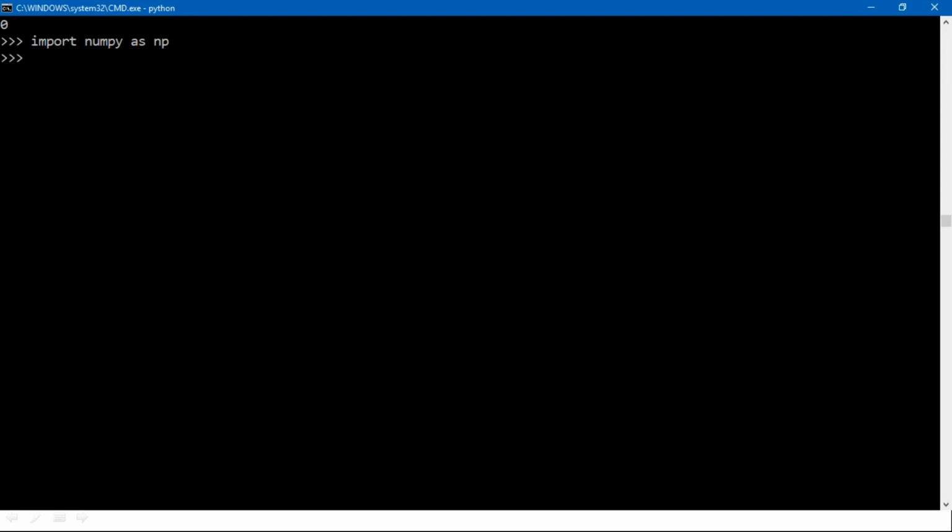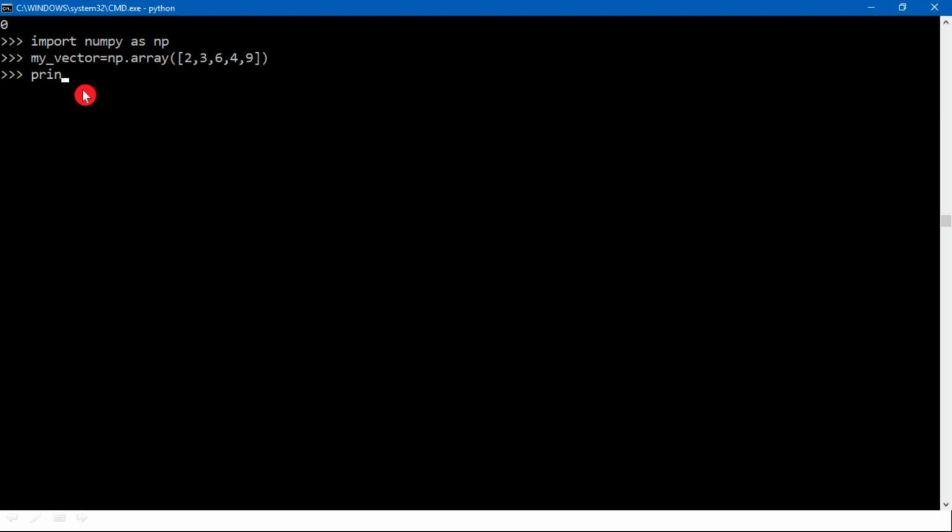Now, to create a one-dimensional array, I take my vector equals np.array. Here you have to provide your values as a list, suppose 2, 3, 6, 4, 9. You can take any number of values in your list. Observe that inside the array method, this is a list, and using this list I am going to create my vector.